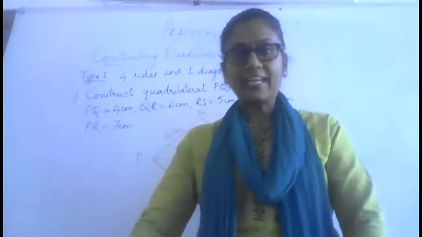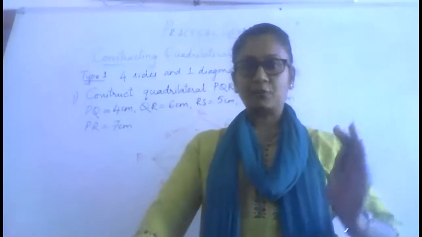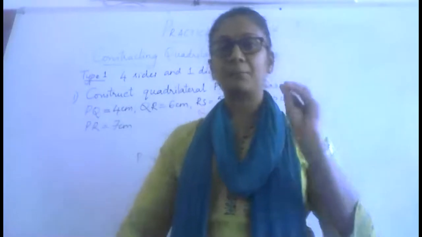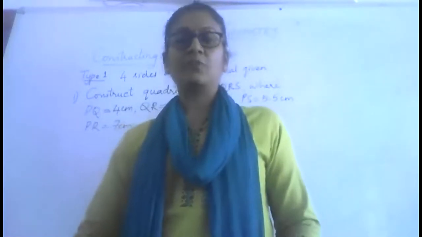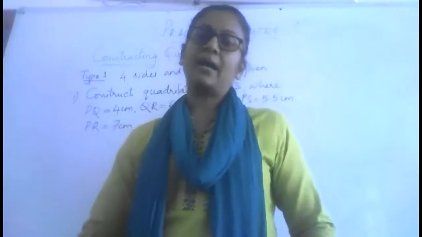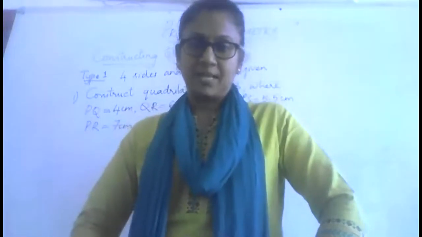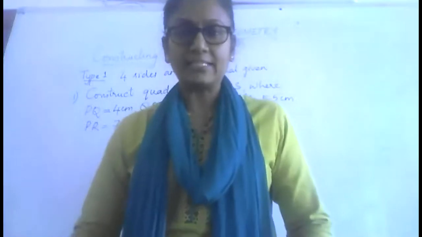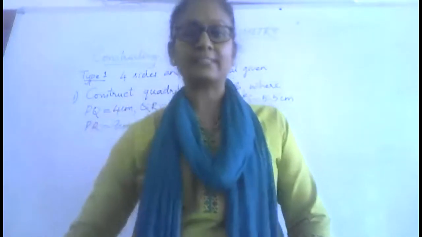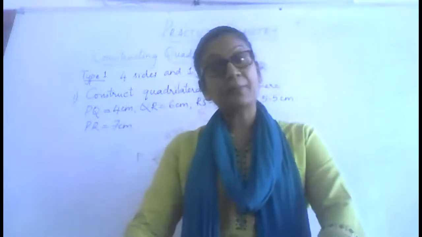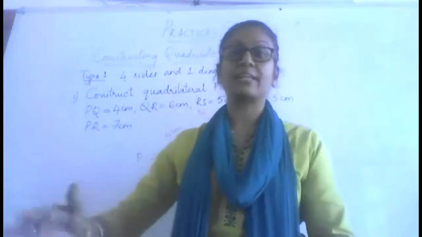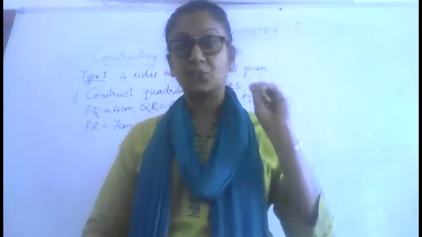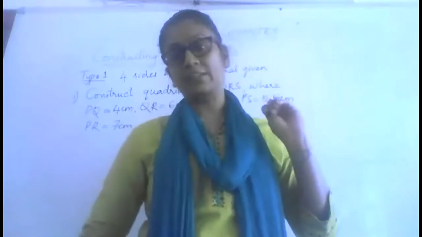quadrilateral. Why? Because when there are 4 measurements given, we are not able to specify the property of any kind of quadrilateral. Like suppose if I am having only 4 measurements and I try to draw, means if I have 4 sides of a quadrilateral given to me and I go and construct it, there are multiple ways in which you can construct and you will get 2 different types of quadrilaterals. So you can't construct a unique quadrilateral with 4 measurements given.